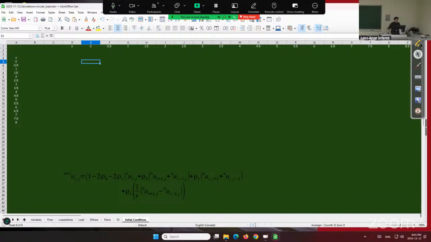The lower boundary is zero, because it's controlled head. We have set our excess pressure to zero at the edges, right? This is a free draining problem. So we set this as